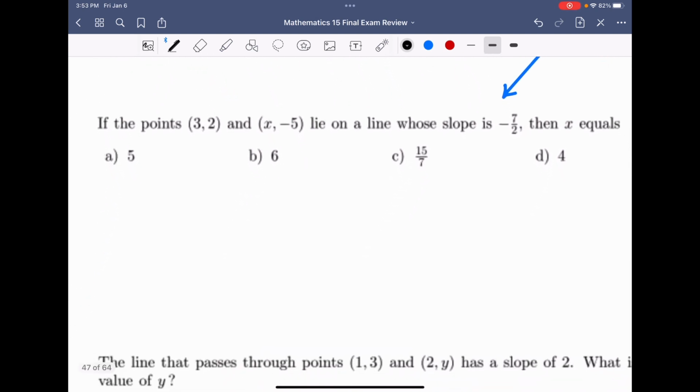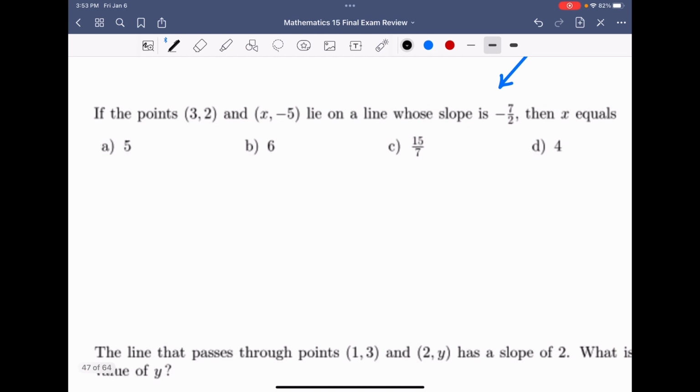All right, if the points (3, 2) and (x, -5) lie on a line whose slope is -7 over 2, then x equals what? So what they've done is they've said, what if I give you these 2 points and they lie on the same line? They create some line like this, but then we don't know one of the coordinates, in this case x. What we have to do is use the slope and slope formula to help us with this. So from the problem, slope, which is equal to -7/2, is equal to,